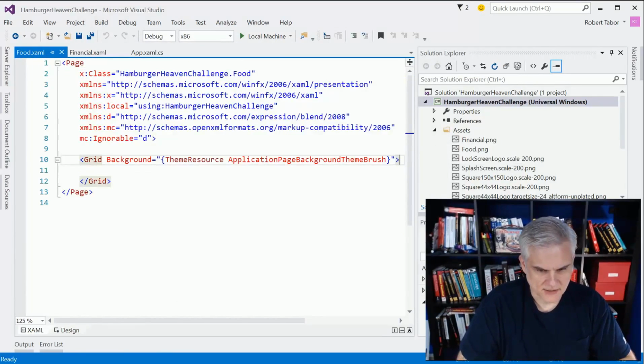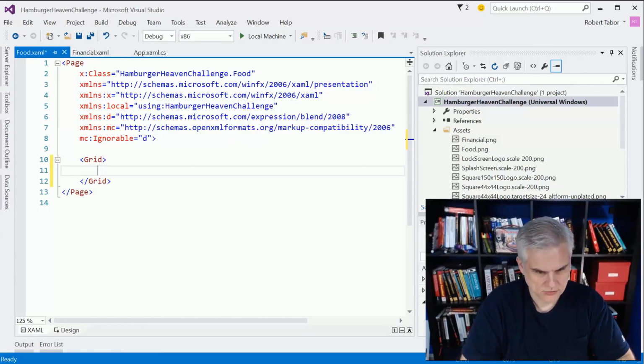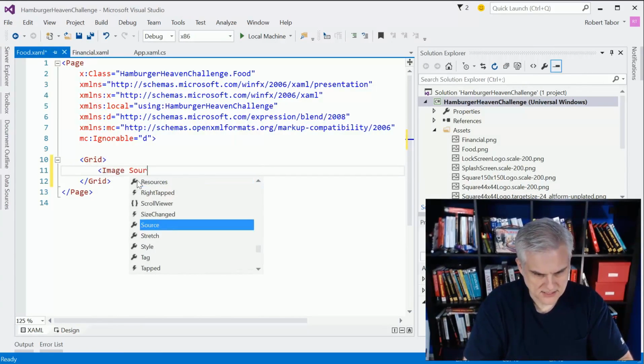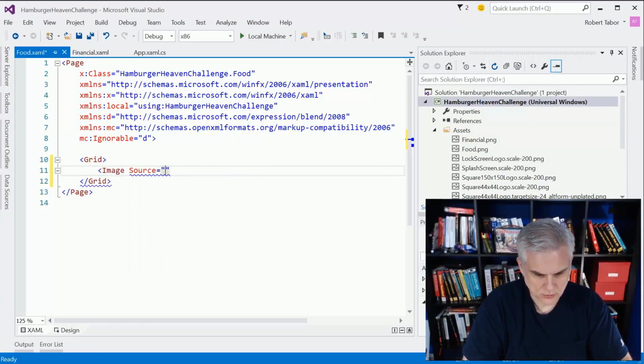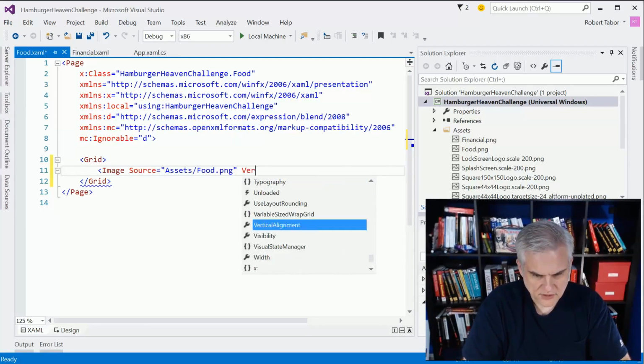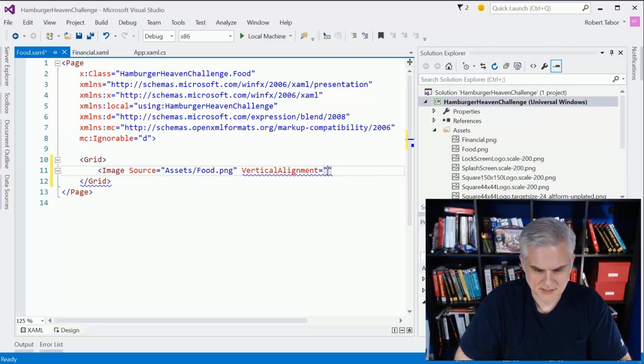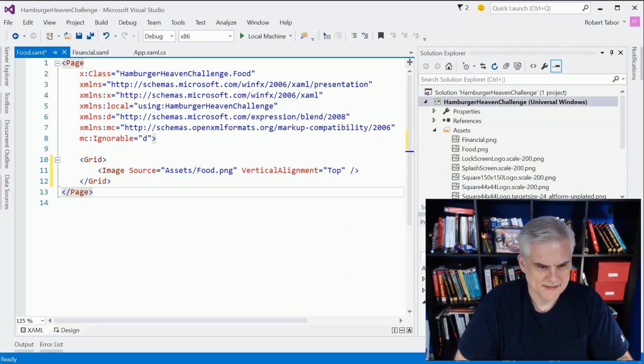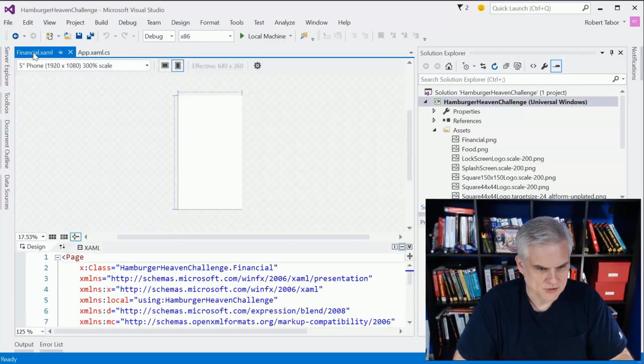Inside of here, I'm going to get rid of that background. I'm going to add an image control. I'm going to set the source equal to assets food.png, and then I'm also going to set the vertical alignment equal to top, just to make sure that it butts itself up against the top. That's all I should have to do for food.xaml. And then we'll do the same thing for